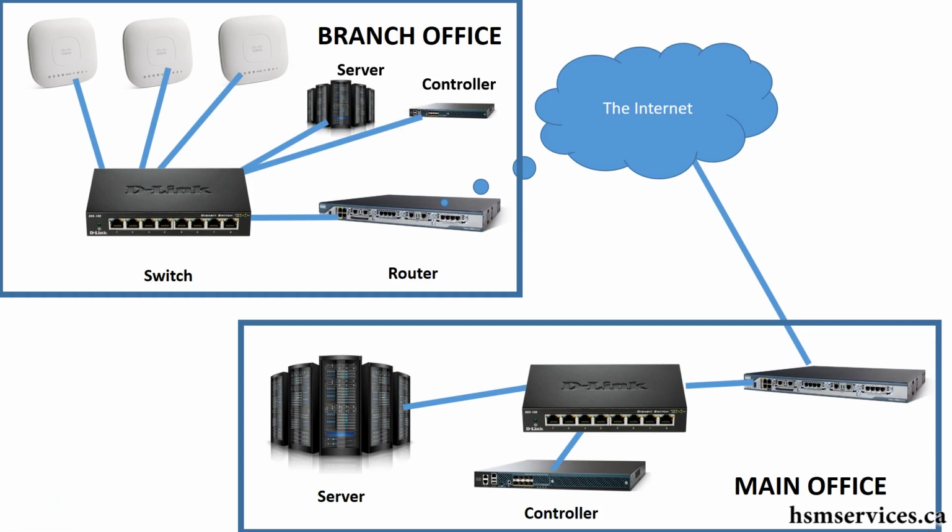Another advantage of this that we'll talk about later is redundancy. So if a server or a controller failed here in the branch office, then these access points would switch over to the WAN, and they would send their traffic to the main office and talk to a server or controller in the main office. And of course, you could probably think of this the other way around. If a server and controller failed in the main office, we could send our traffic from the main office to the branch and use their server and controller. Probably not though, because the branch is much smaller, so it probably has a much smaller server, much smaller controller, and they can't handle all the traffic from the main office. Anyway,